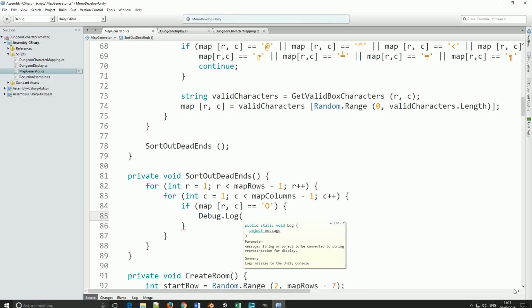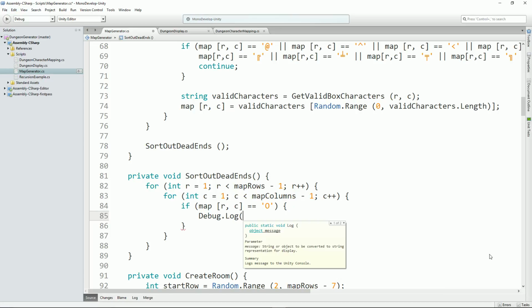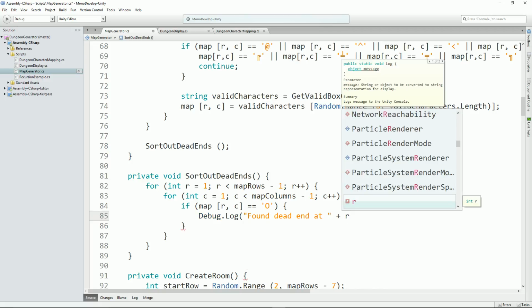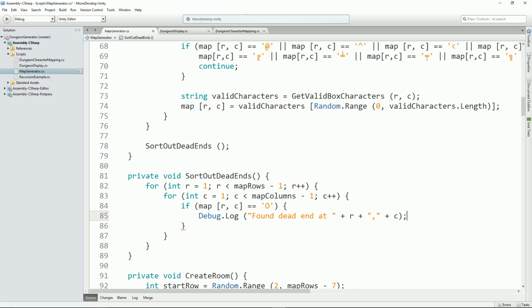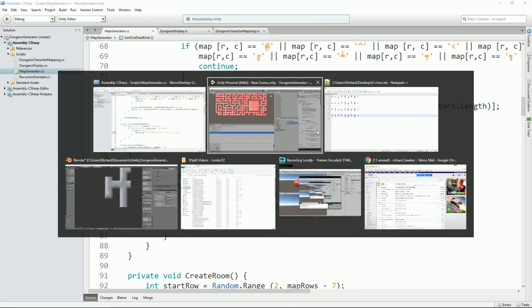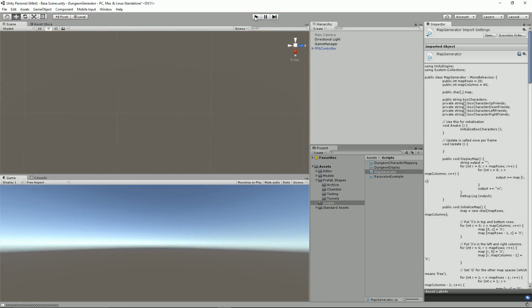Sorry, I seem to have gone into US keyboard mode. Let's sort that out. There we go. Debug.log found dead end at, quotes plus r plus quotes comma quotes plus c, semicolon. Happy? Right, good. Okay, so now if we run this,